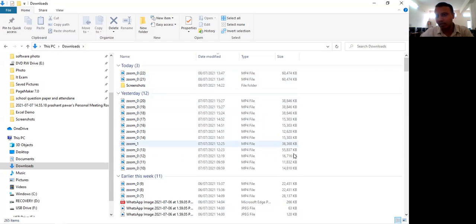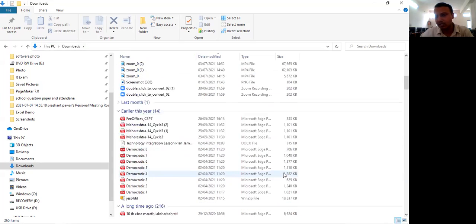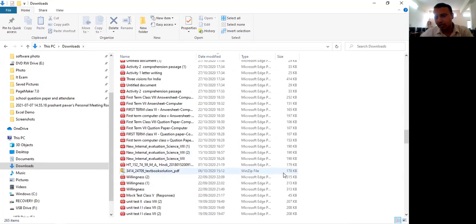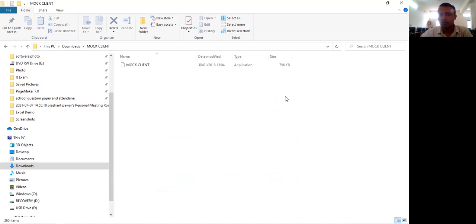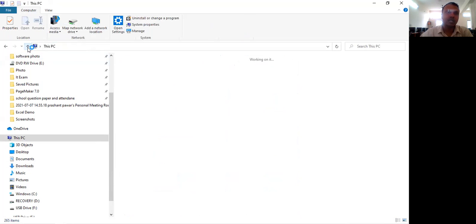Look at this, kilobyte, kilobyte. If it has the highest memory, then again the same file folder will be converted into 62,268 kilobytes like this. Okay, 796 kilobytes. Now let's check out some highest memories in the hard drives.